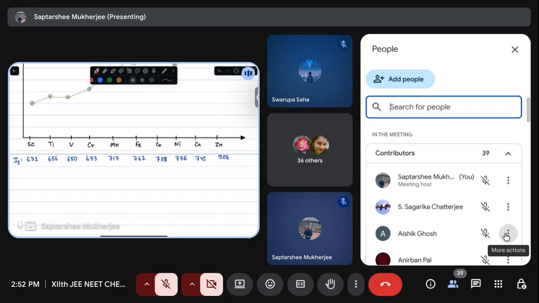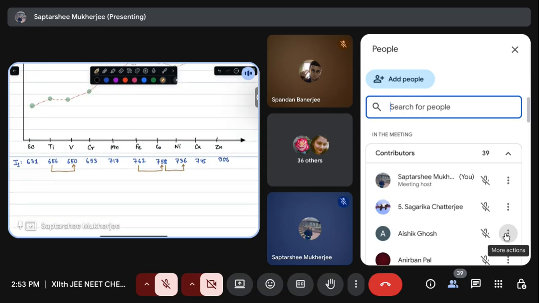On the other hand, we were expecting, thoroughly left to right, what should it have been? What should have happened? Increase. So basically what is happening is titanium to vanadium, there is a little drop in ionization energy. Then iron to cobalt, cobalt to nickel, there is a little drop in the ionization energy values. Now why is that happening? That we are trying to understand. These all values are first ionization energy values. Now you look at the